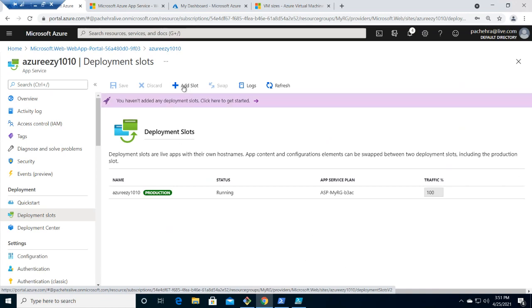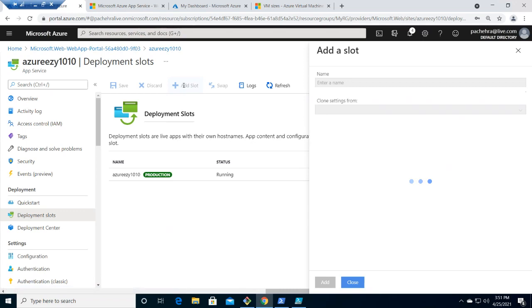You can create another slot like a staging slot, right? You can put all that code there. So this feature is primarily aimed at a staging or UAT version of your app running alongside the production version. Deployment slots are only available in production app service plans, S1 or higher. It's not there for the basic tier, right? Which we already covered in the app service plan.